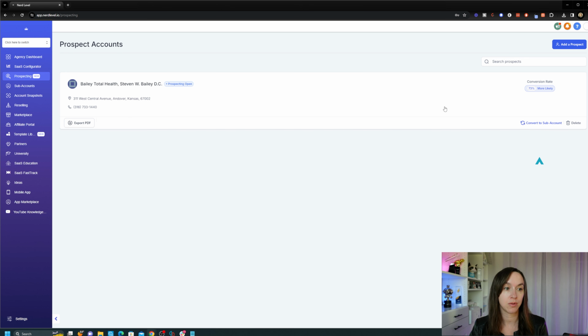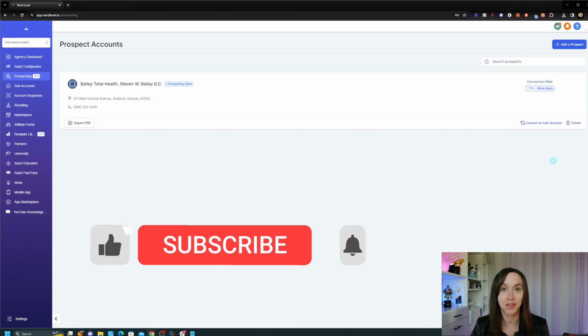Also, when you close them, you can just click this little button that says Convert Sub Account, and you'll be good to go. You can really just tell them what their gaps are and come up with a solution to fix them, guys. So yeah, it's easy to share. All you have to do is click share and get yourself a client.